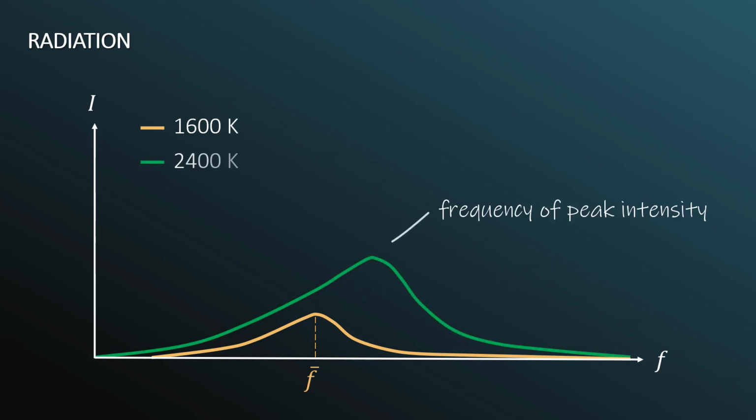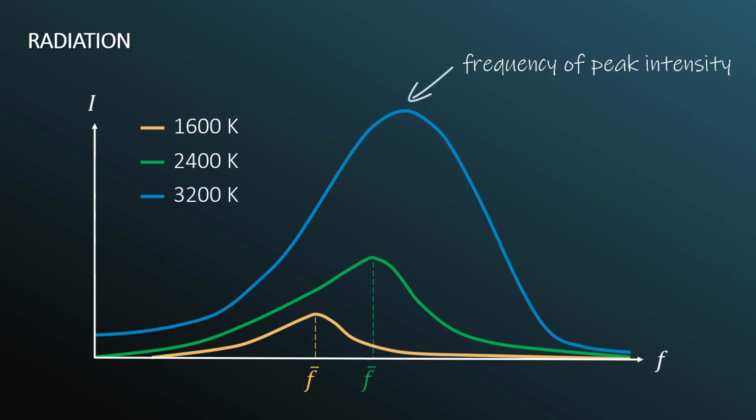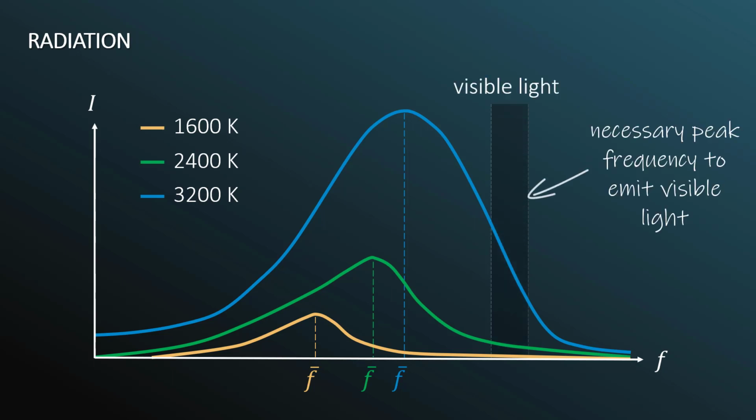If I increase the temperature, the peak frequency also increases. So let's get to an even higher temperature, and these peak frequencies get higher and higher, but these objects, whatever they are, the objects corresponding to 1600 Kelvin, 2400 Kelvin, 3200 Kelvin, are emitting some electromagnetic radiation, but they're still not hot enough for us to see it with our eyes. Unlike the sun, which is so hot that the energy it emits is in the visible light spectrum. The higher the temperature of an object, the higher the peak frequency of emitted radiation.